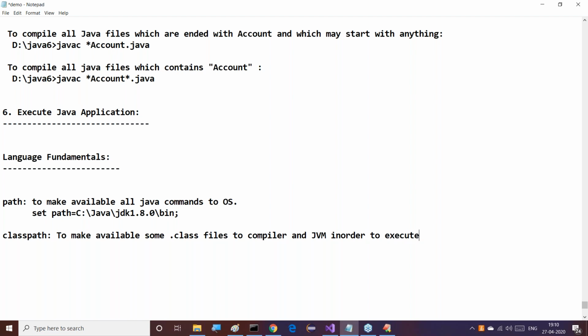If they are available at a different location, not at the current location and not in the Java predefined library, then to make those .class files available to the compiler and JVM in order to execute, we require classpath. Now we set classpath equal to, for example, E:/ABC location. If we have this .class file there, then we can use it clearly.